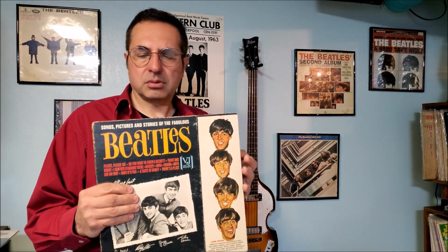If you do stumble across the cover, oh man, I didn't realize my cover was split like that. We're going to have to do something about that. But if you do stumble across the cover only, you can make a legitimate Introducing the Beatles record with this album cover, because really that's all it came as, was Introducing the Beatles. Well, you saw that in the little close-up video. Anywho,